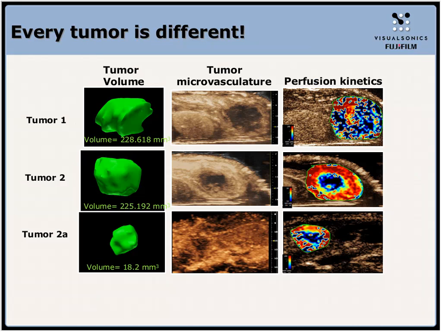In these models, one of the important things is that every tumor is different, and it becomes more real when you move into models that are patient-derived xenografts. Here's a study that we worked on with members from the hypoxia group here at Princess Margaret Hospital in Toronto, where we looked at two different tumors. These are very large tumors, as you can see, about 250 cubic millimeters, and we looked at their tumor